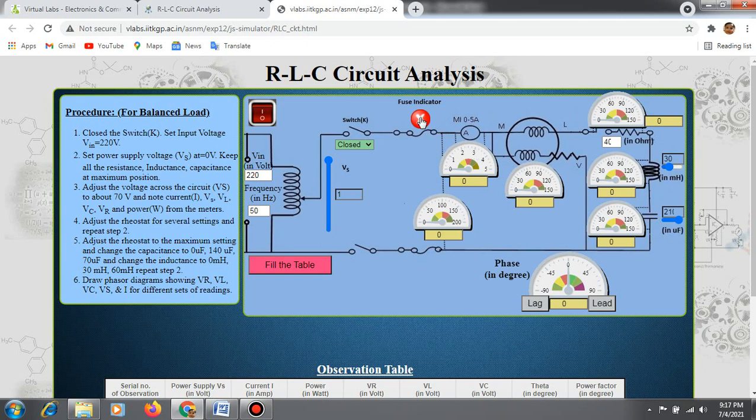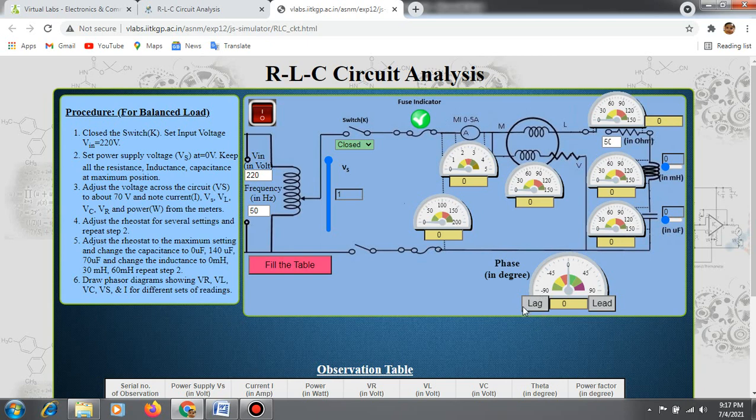You can also click the fuse indicator, and keep the inductance value as 0 millihenry and the capacitance first as 0 microfarad.